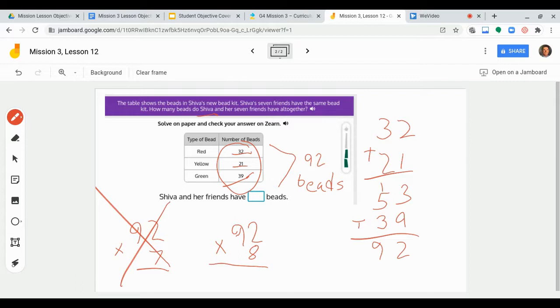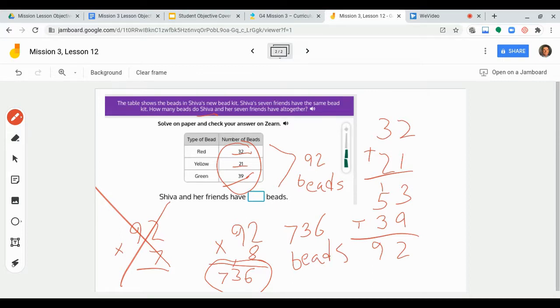And then I'm just going to multiply. I'm going to use the standard algorithm to multiply here. So I'm going to go 8 times 2. 8 times 2 is 16. I carry the 1. 8 times 9 is 72. Plus the 1 that I carried is 73. So that is my answer. And to get totally correct, how many beads do Shiva and her 7 friends have altogether? They have 736